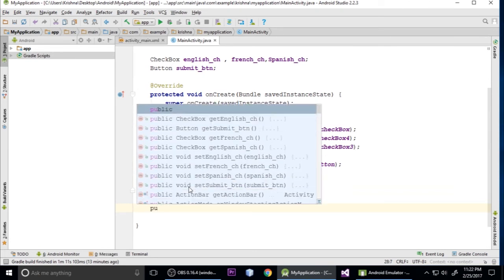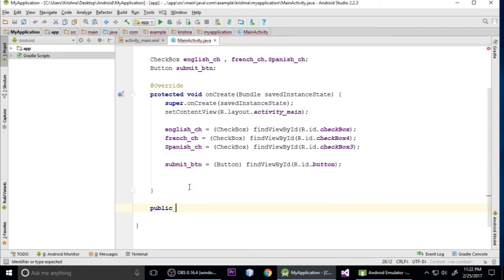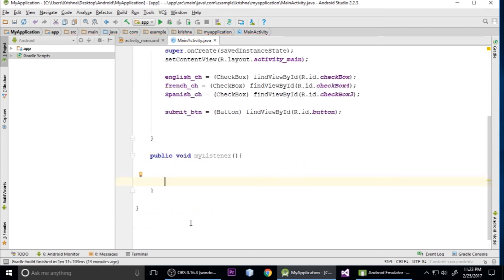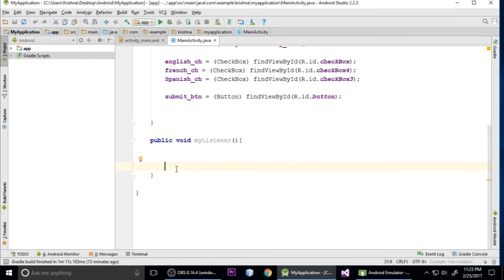public void my listener. Okay, this is my custom method. Inside it, I want to